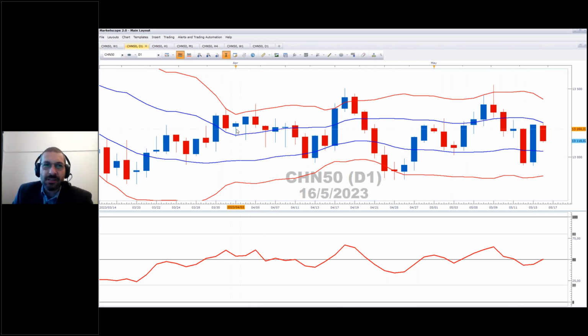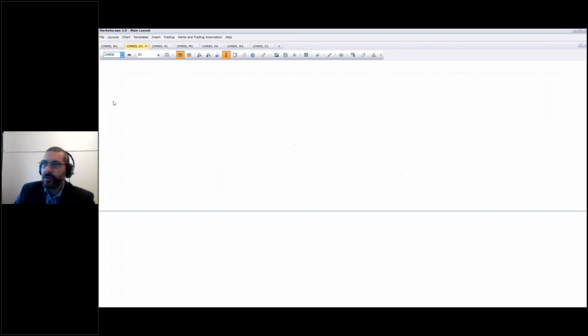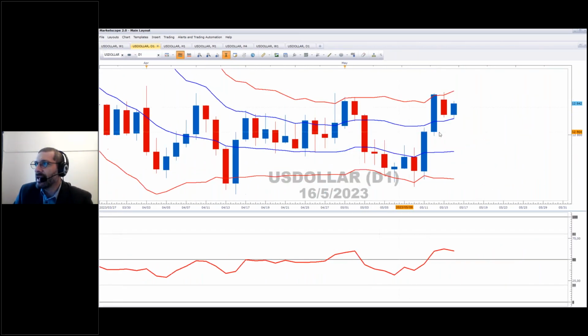And then what we also spoke about yesterday was the US dollar. And I think that's the next instrument I'd like to tackle. So let's go ahead and bring in the US dollar now. The US dollar has a fair amount of support here because of the debt ceiling negotiations between the Republicans and the Democrats. And the next meeting is today. So there is a certain amount of risk that is associated with the markets today. And that is really what comes out of the debt ceiling meeting.